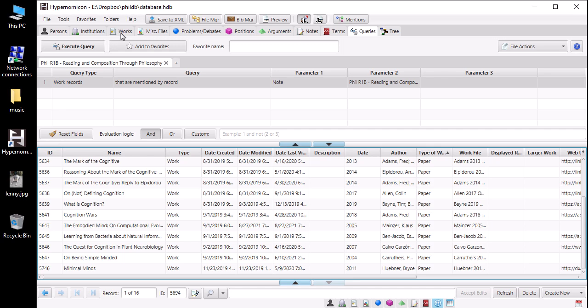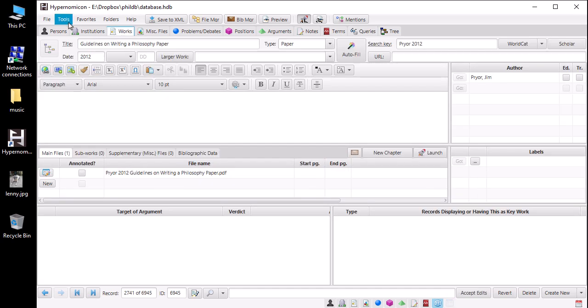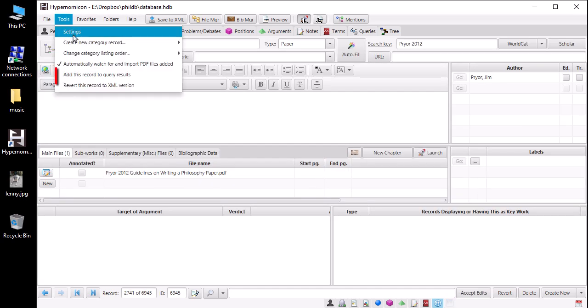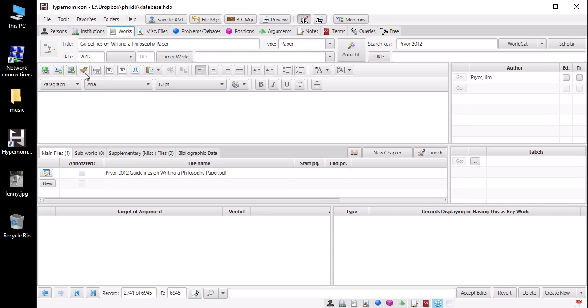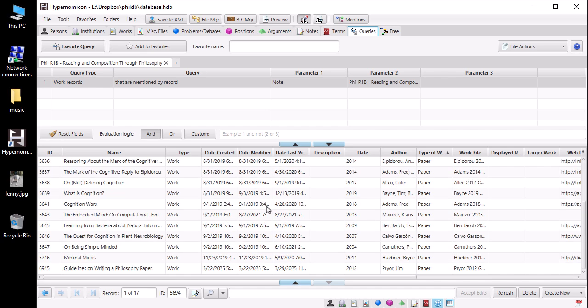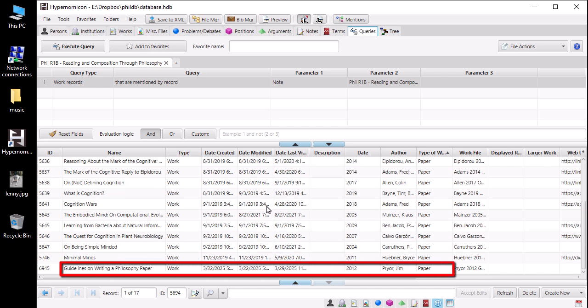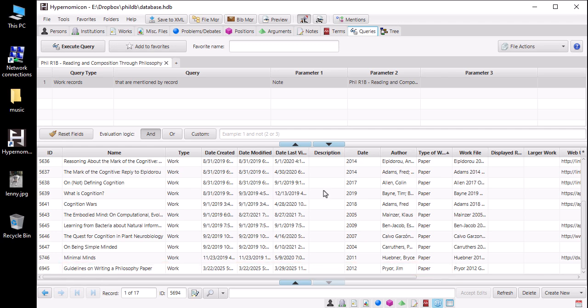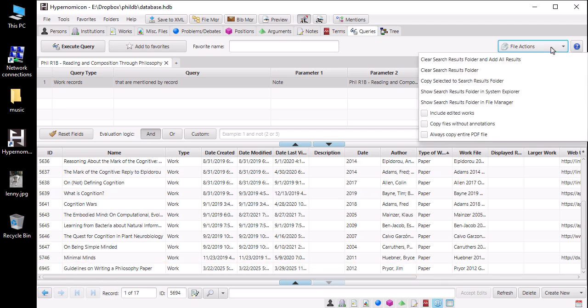To do this, I will navigate to the work record, and then I can go to Tools, Add this record to Query Results. This will add the record currently showing to the query that is showing in the Queries tab. Back in the Queries tab, I can see that Guidelines on Writing a Philosophy Paper is now included in the list of results. Now that all the desired records are listed in the query results, I will go to File Actions